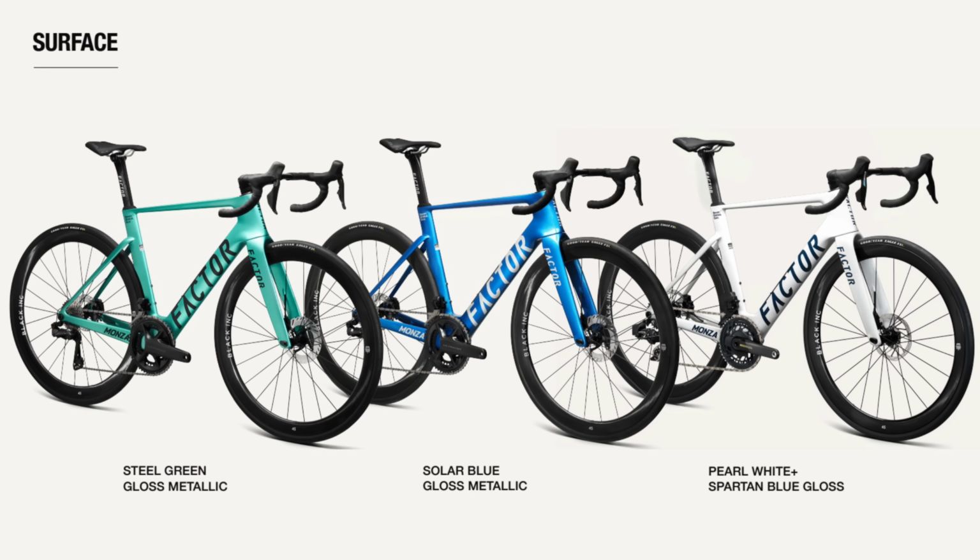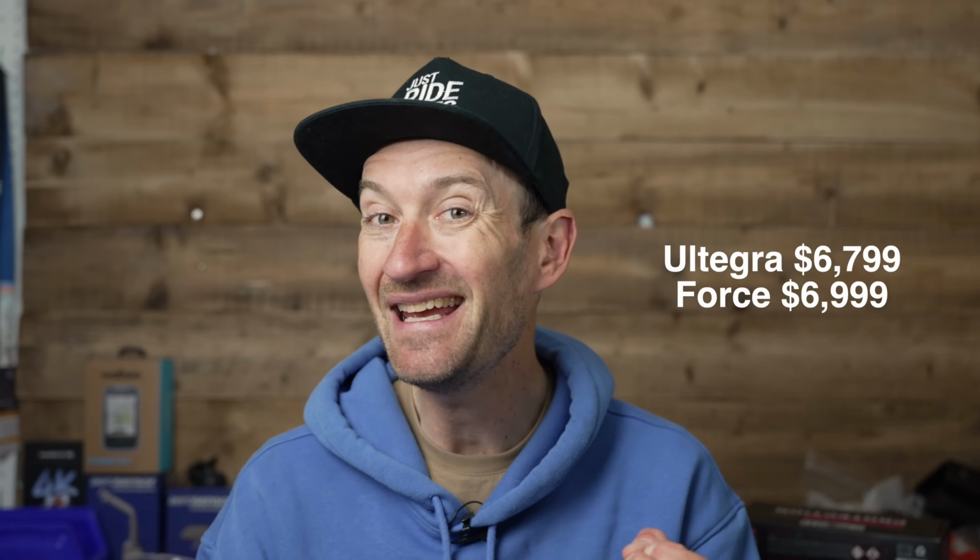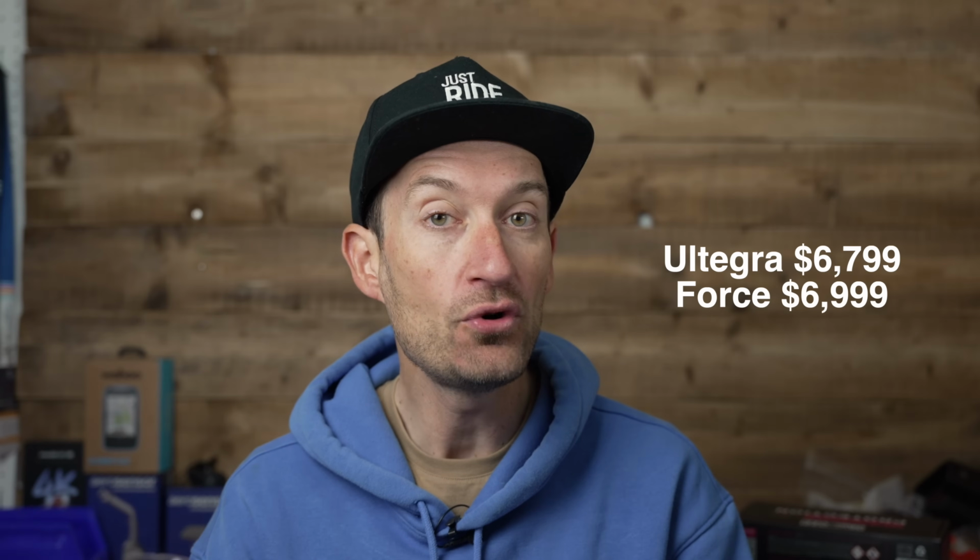So those are the main details of the bike, and then we come to pricing and availability. You can buy the frame set on its own for $4,000, or there are 2 builds: Shimano Ultegra Di2 costing $6,800, or SRAM Force 2x costing $7,000. So just 2 builds, nothing higher than Force or Ultegra, and nothing lower either. No Rival or 105, maybe in the future that might change, and nothing higher with Red or Dura Di2